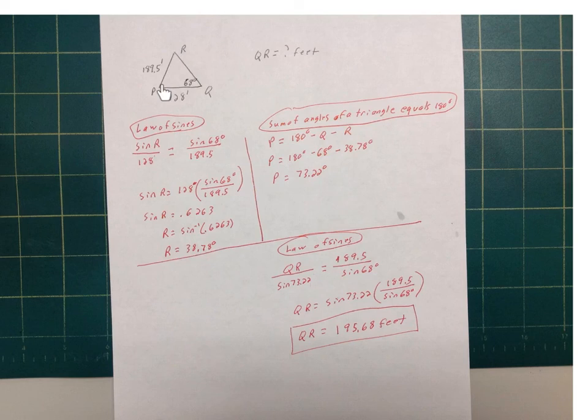Once we know this angle, we can find the side opposite using the law of sines. So QR over the sine of this angle we equal, this side here, 189.5 over the sine of 68. Then I multiply each side by sine of 73.22, put that in the calculator, it gives us the answer